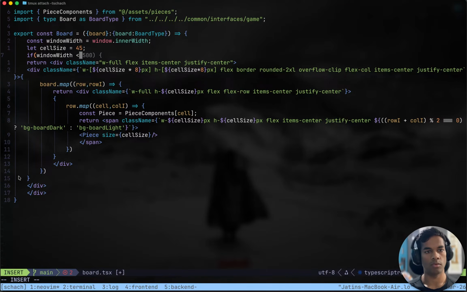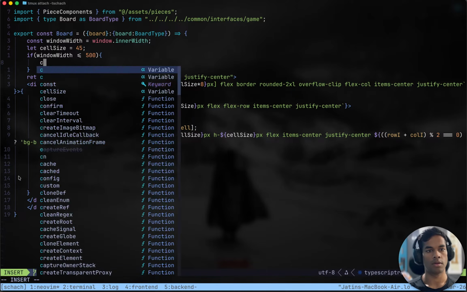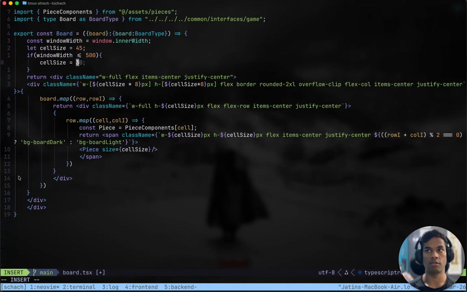If window width is smaller than or equal to 500, then size of each cell would be window width multiplied by 0.9, that is the size of the whole board, divided by 8.